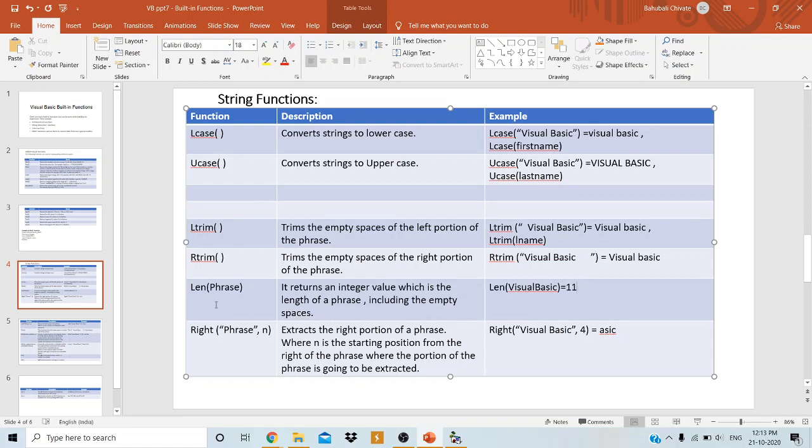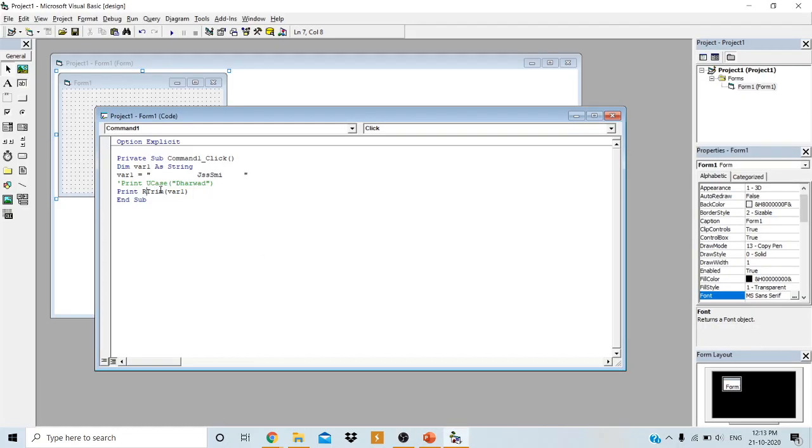Okay, next one, Len. The Len function returns an integer value which is the length of a phrase, including the empty spaces. So I will specify Len, length of var1. What is var1? I will set it to JSSMI only initially. How many characters are there? 6.